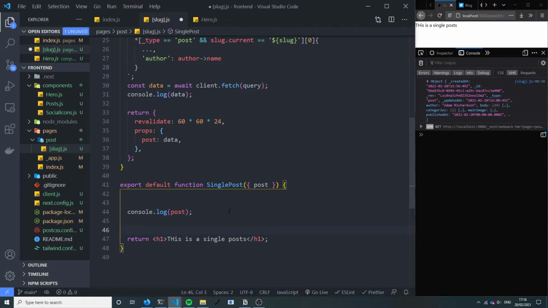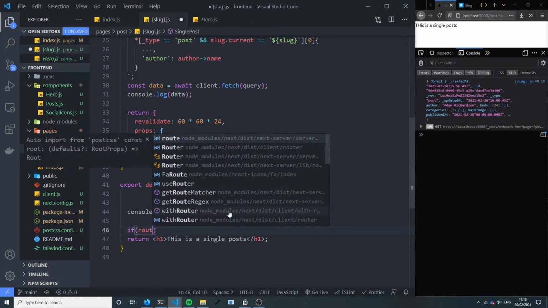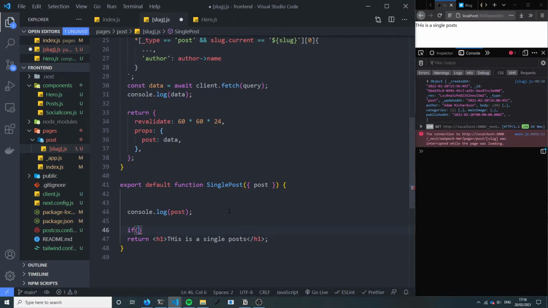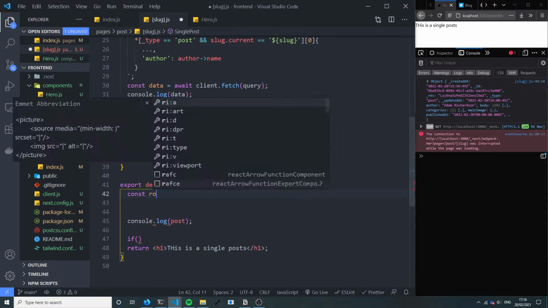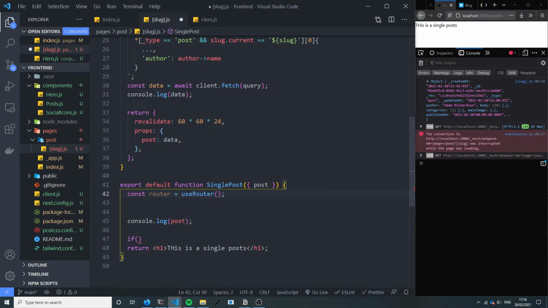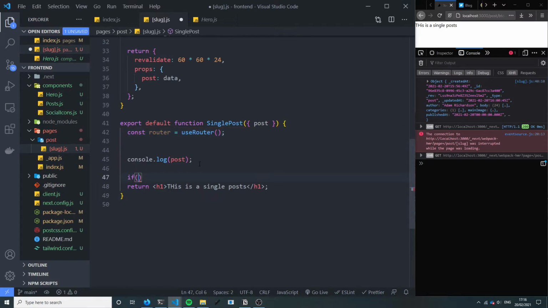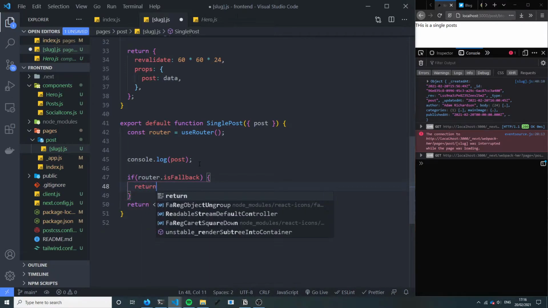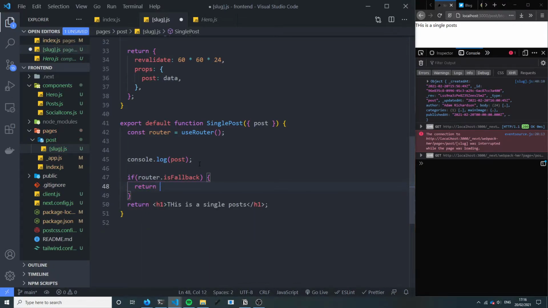is say if the router... we need to actually take the router, const router equals useRouter. So useRouter is a hook provided by next/router. So I want to say if router.isFallback, I just want to return an h1 saying "Loading", and then I want to be able to say if there is no post, I want to return